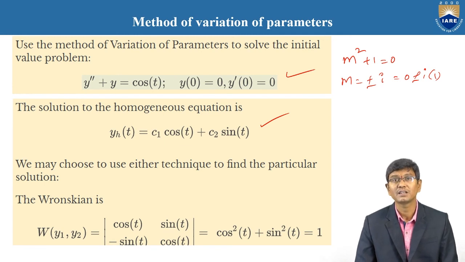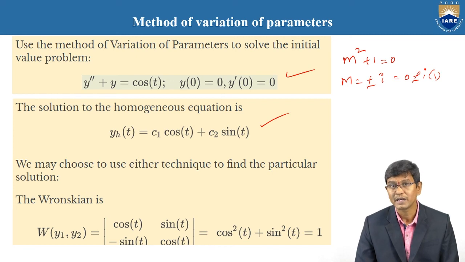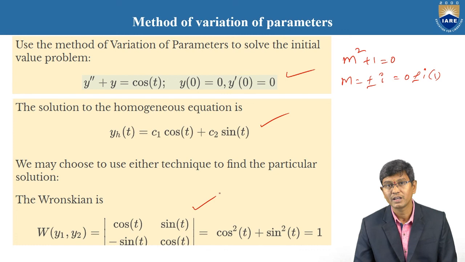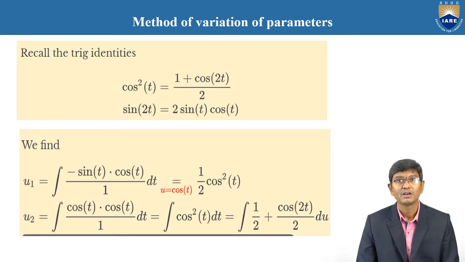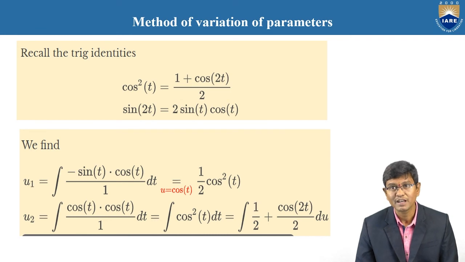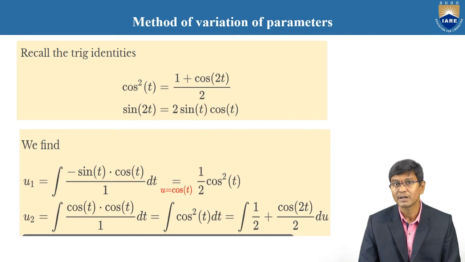Now we need to find the Wronskian value with respect to t, that is uv dash minus u dash v, where u is equal to cos t and v is equal to sin t. Therefore, u dash is equal to minus sin t, and v dash is cos t. Therefore, the Wronskian value, with the help of the 2 by 2 determinant, is equal to 1 only. Therefore, we need to find u1 and u2, that is, A and B, with the help of the formula minus integration of v r by uv dash minus u dash v, which is the Wronskian.